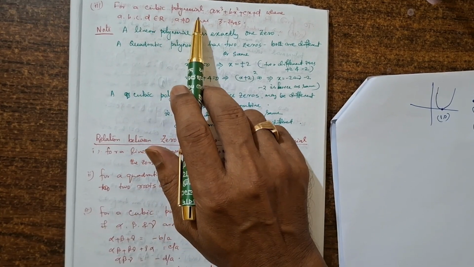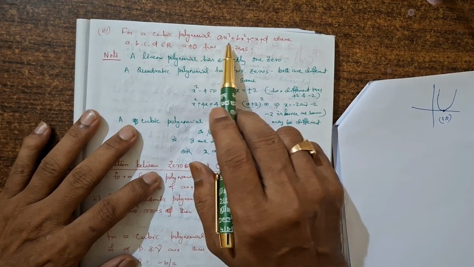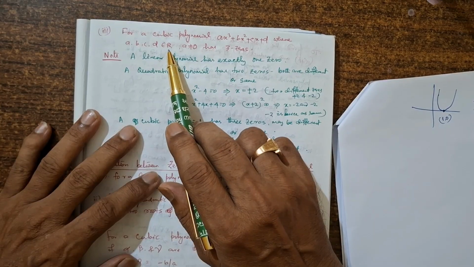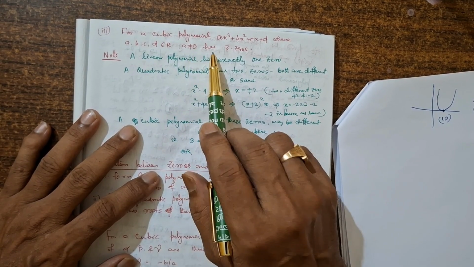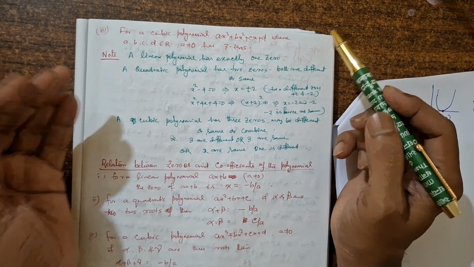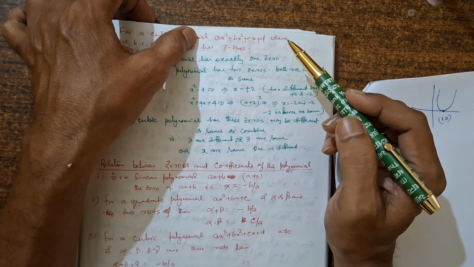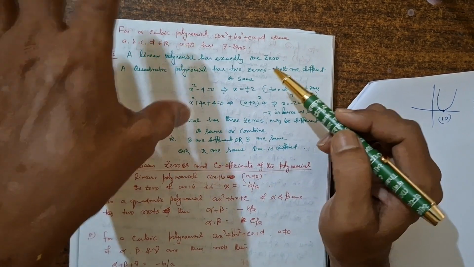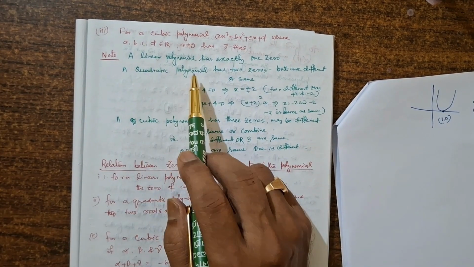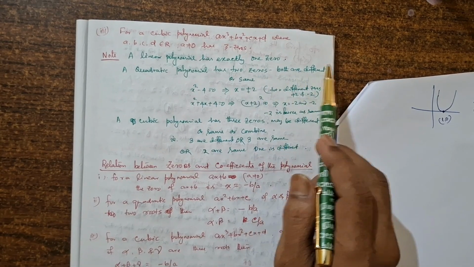For a cubic polynomial, ax cube plus bx square plus cx plus d, where a, b, c, d belong to real numbers and a is not equal to 0, there are 3 zeros. Well, I have told earlier that depending upon the degree n of the polynomial, there are n roots. Note, a linear polynomial has exactly 1 zero, a quadratic polynomial has 2 zeros, which are different or